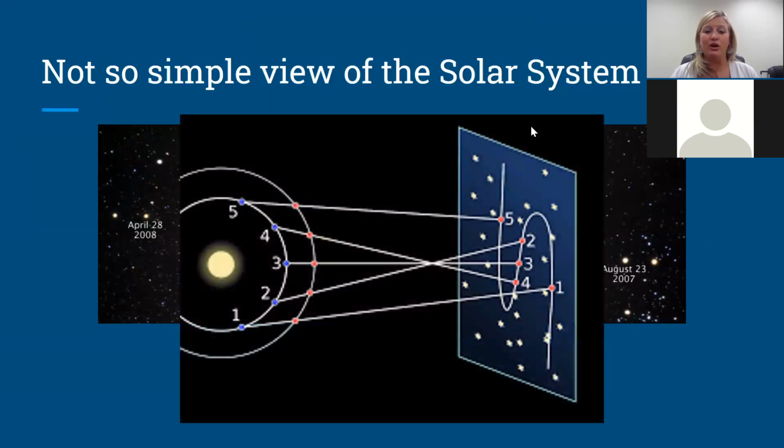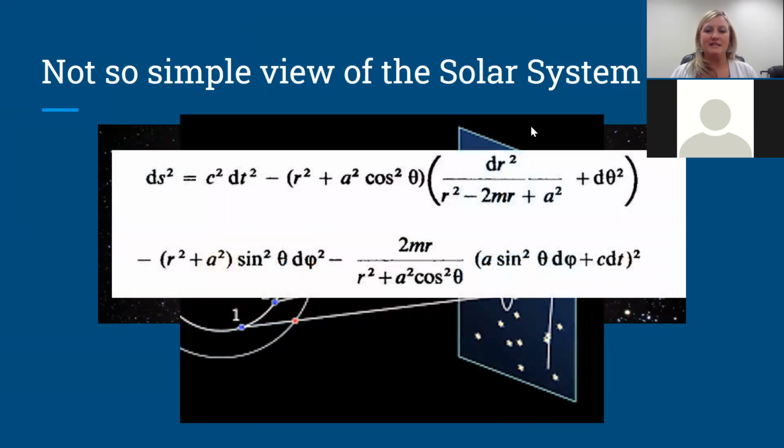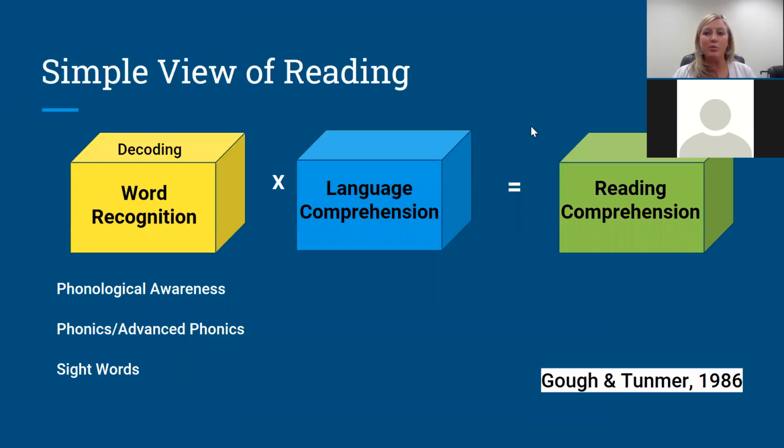And as they grow older, we're getting more complex, giving them an even more complex view of the solar system. So, not so simple view, and it continues. Same thing goes with the simple view of reading. So if we want to break that down and get more complex, as we did with our solar system,